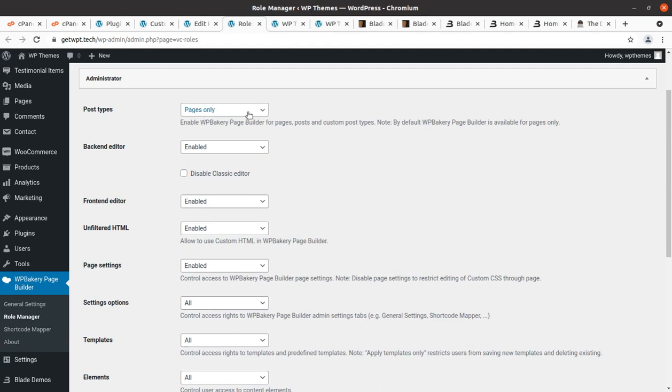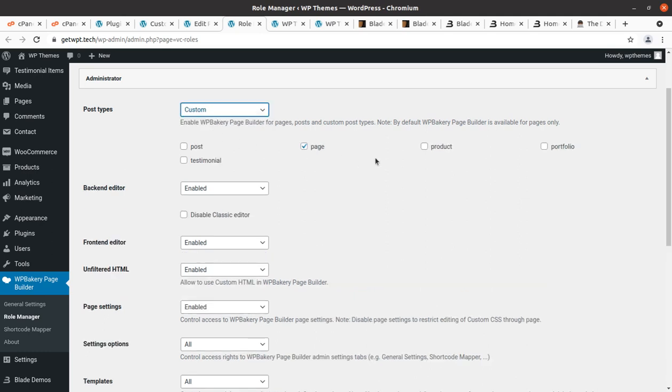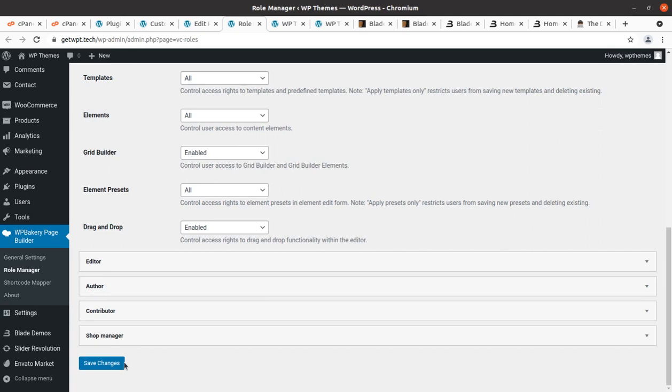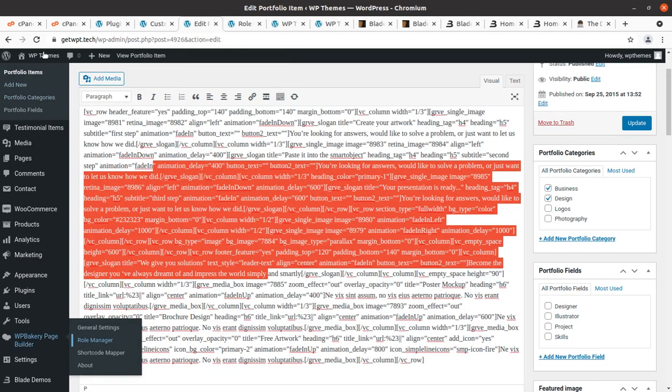This has been selected at pages only, so we can select the custom, and the portfolios and testimonials can be clicked here, and click on save changes.